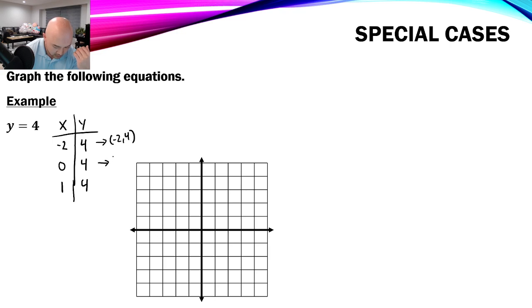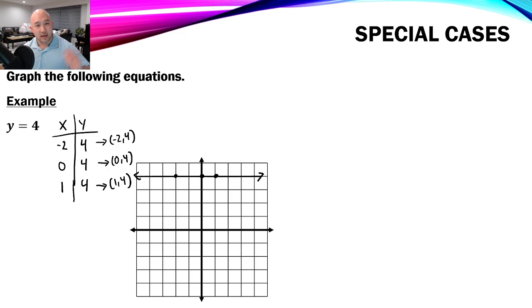This is going to be your coordinate (0, 4), and this one's going to be (1, 4), right? So what you're going to do is plot each of those coordinates. So (-2, 4) is here, (0, 4) is over here, and (1, 4) is here. And notice what happens if I connect those dots together. It's going to give me a nice